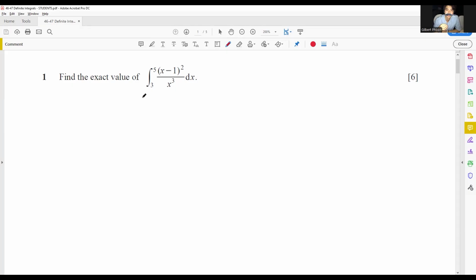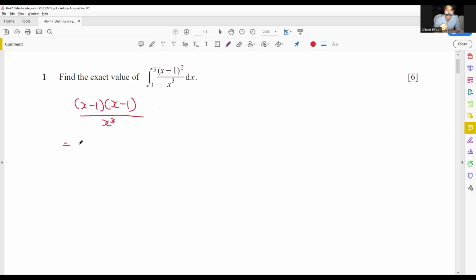So let's get started. In your first example of this question here, they're going to ask you to find the exact value of the integral of (x minus 1) squared over x cubed between 5 and 3. So our first step is to always find the integration of this. Now, we do not have a quotient rule to solve integrations. So what we need to do is expand the top and then simplify it as a single fraction. So first of all, expanding the top, you have x minus 1 times x minus 1 over x